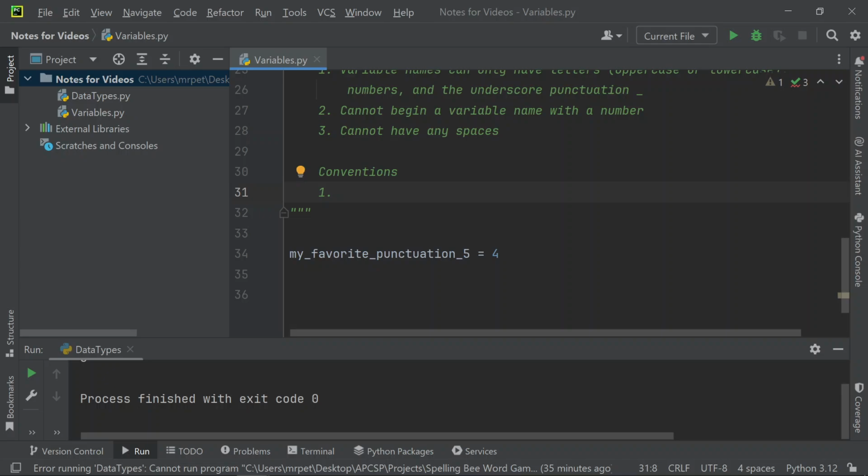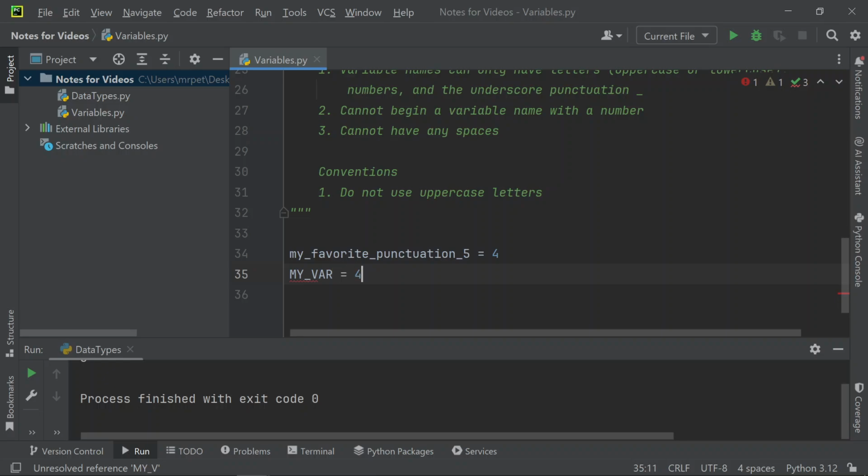Our first convention is that we should not use any uppercase letters. If we make a variable with uppercase letters, it's going to allow us to do this. We're not getting any errors, but